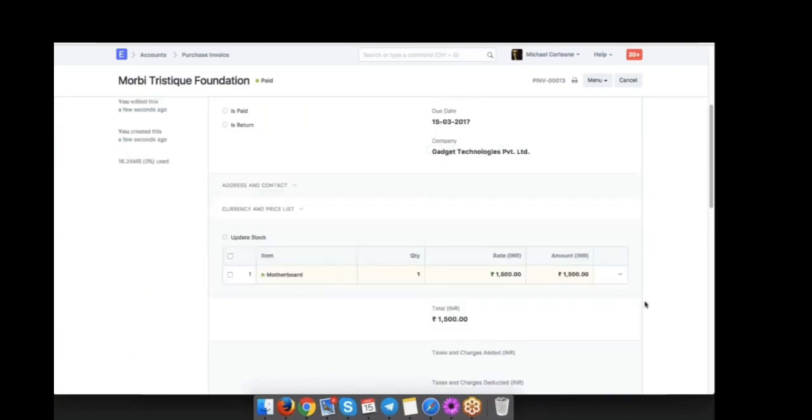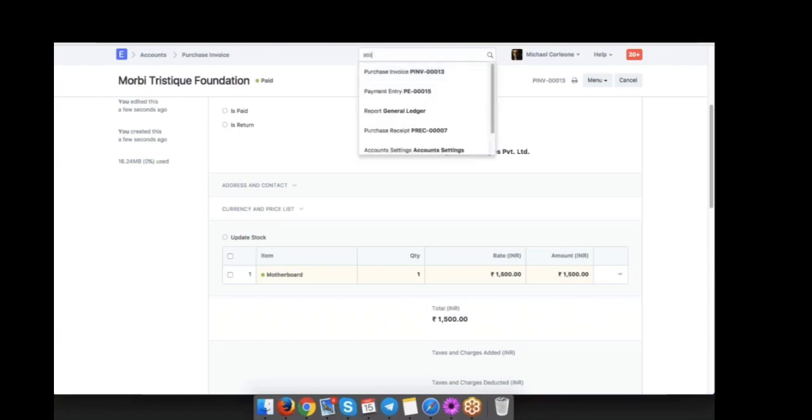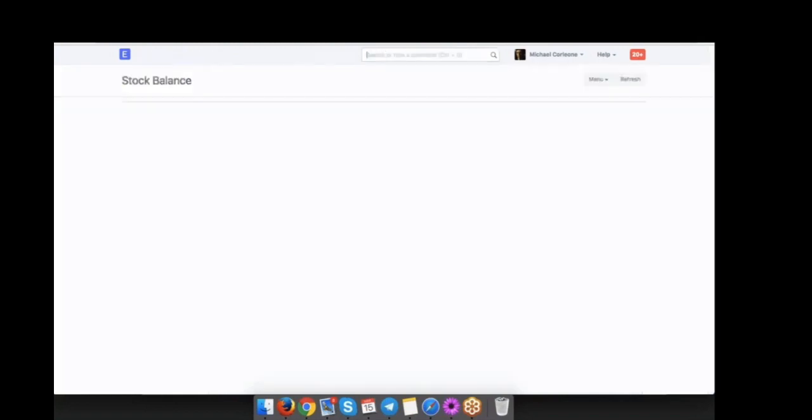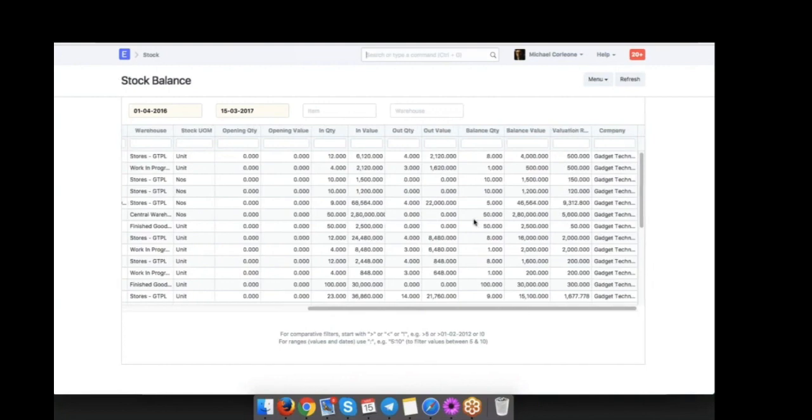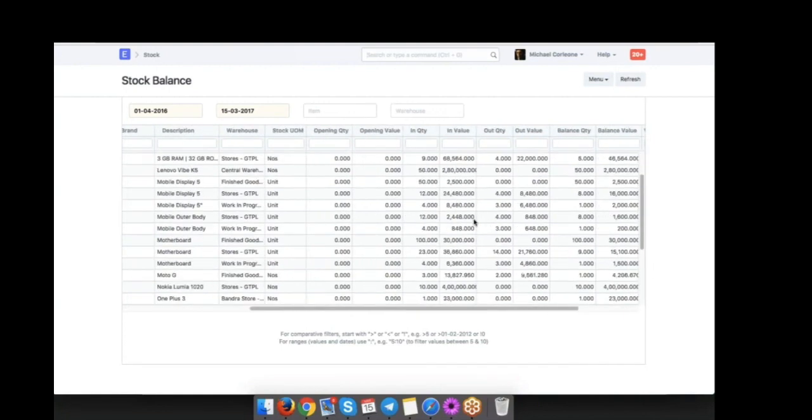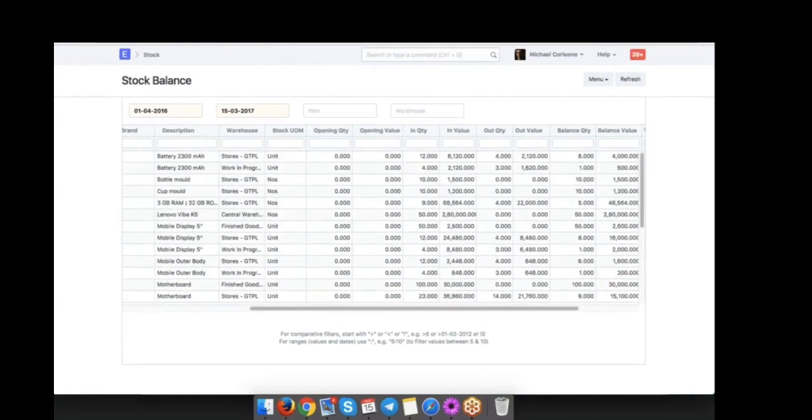So maybe you'll have to make one journal entry of shifting the value of all the items you have in your stock from your expense account to your current asset account. If you want to see the current total value of items in your warehouse, you can refer to the stock balance report or the stock ledger report. There are various reports, and based on the value you find here, you can create a journal entry